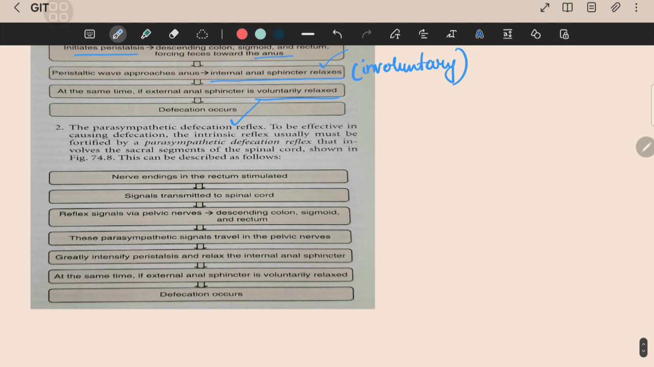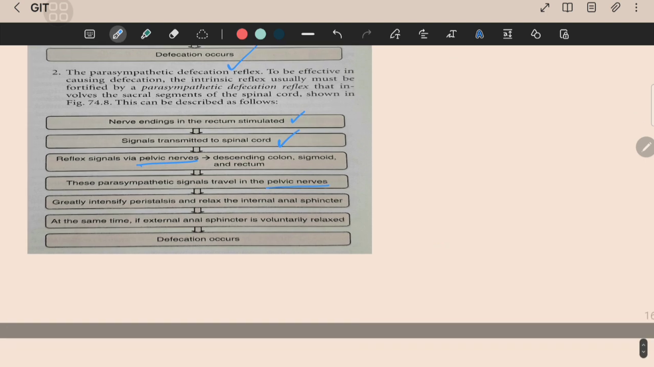Now the parasympathetic defecation reflex, this parasympathetic stimulation, is very important. The nerve endings of the rectum will be stimulated, and signals will be transmitted by the spinal cord, that is by the pelvic nerves. They go to the descending colon, sigmoid colon, and the rectum. These parasympathetic nerves will again travel back to the pelvic nerves and intensify the peristalsis action and relax the